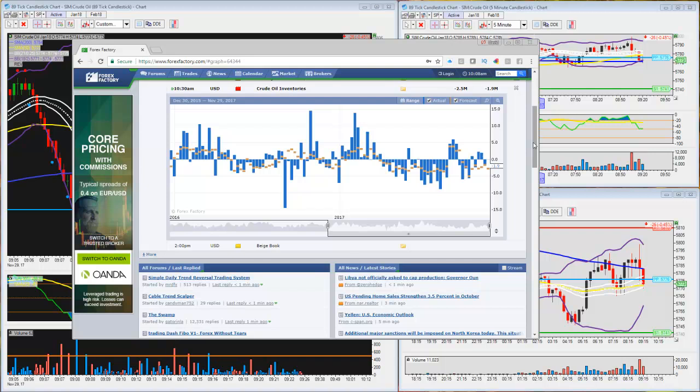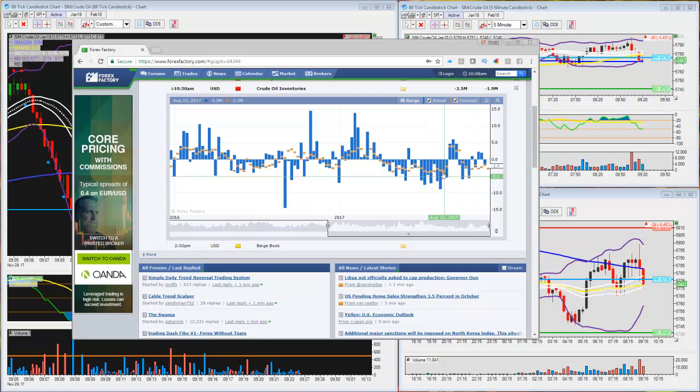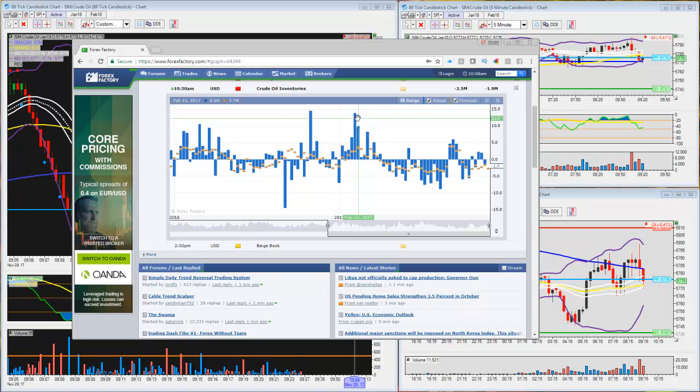Now, if you look at Forex Factory, the blue is the actual release and the gold is where they expected it. Look how many times this thing misses. Like right here, they expected here and it's way up here. Oh, we found an extra. Look at this one right here. This is kind of crazy, right? They expected 2 million barrels of crude oil, but they got